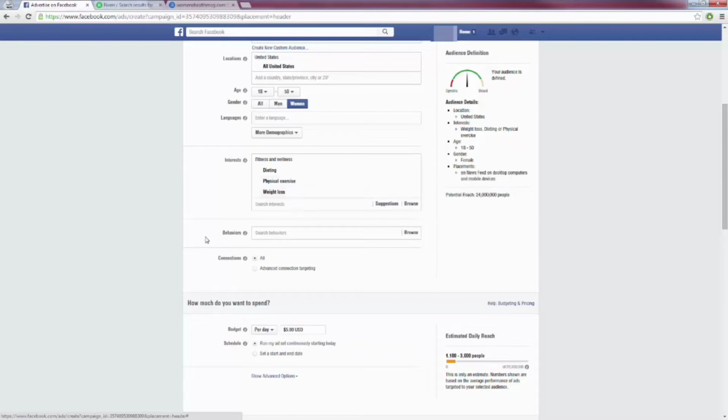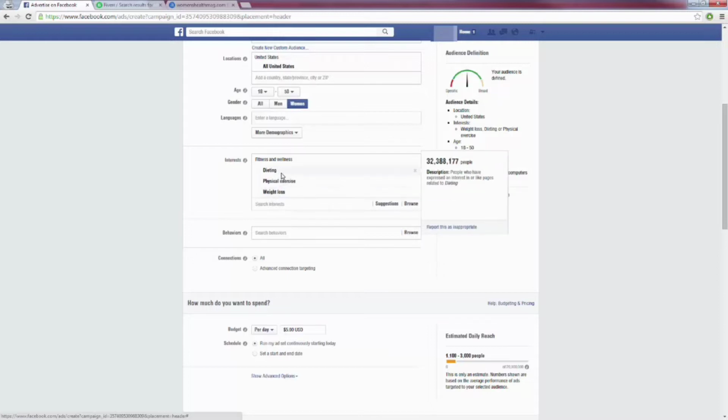What I like to do is create one ad per interest so that I can test out the different interests and see which one is converting the best. Because if I run one ad here with these 3 different interests and I'm getting all these people opting in each and every day, all those different people might actually be opting in. They might only be fans of weight loss, and I don't know that, right?